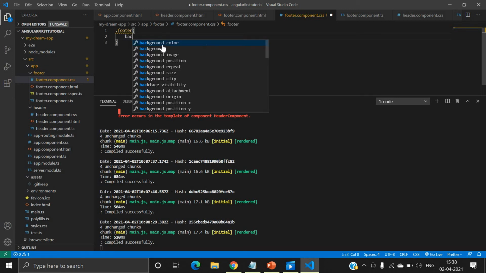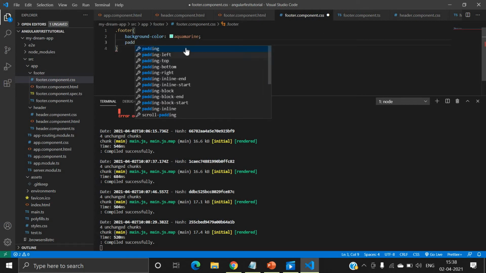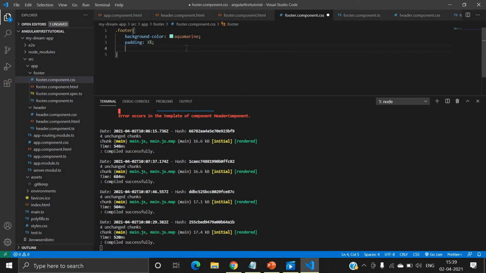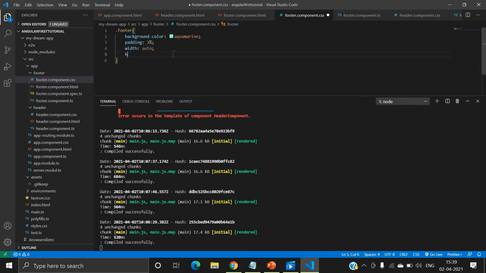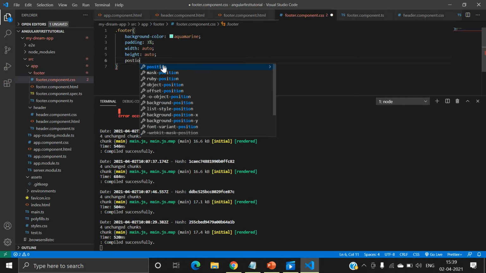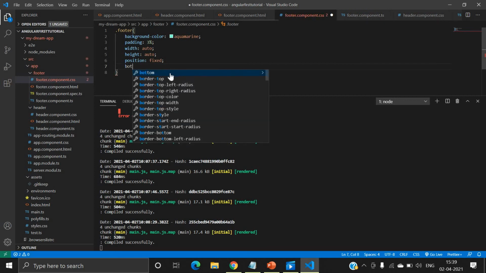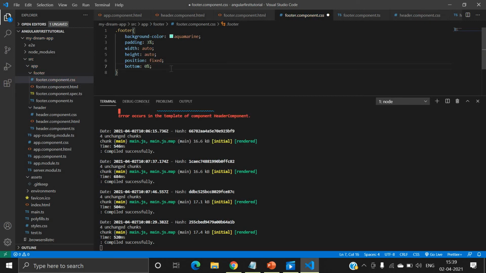Inside this footer I'll use a background color, you can choose any color, and I will write some padding, like 3%, and width auto, and height is also auto, and position I want to fix, and also I will use bottom, 0%. And I will save again.